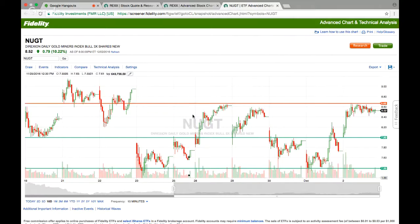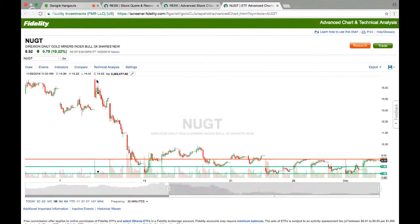And UGT is when I traded about a month ago, when it had that drop from $12 all the way down to 7, and I cut my losses pretty short. I cut my losses pretty high, in the sense that I did not stick to my rule, and with that I lost a lot more money than I felt comfortable losing. But again, you learn from your mistakes and you make sure that you don't repeat them, and then you kind of go from there. So that is my analysis on NUGT and what I will continue to do,